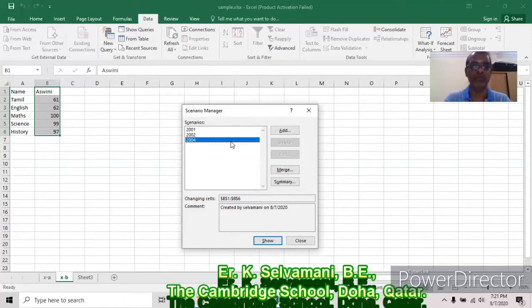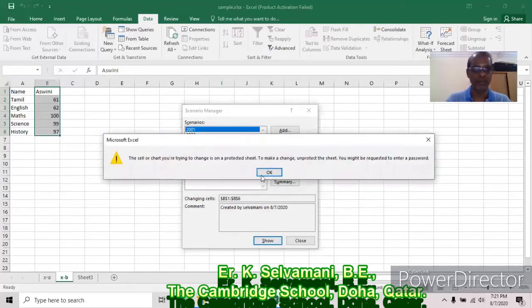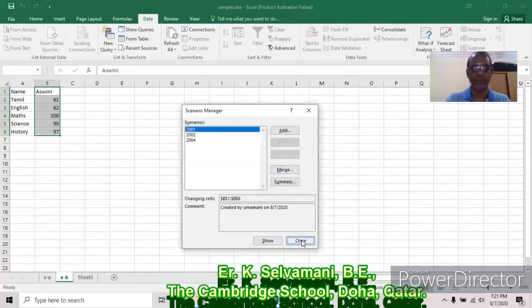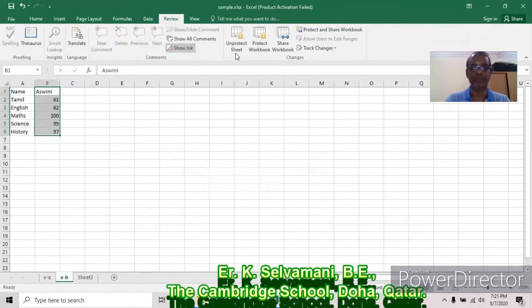That is hidden. Why? For 2003 we are giving hidden mode. So one thing I would like to inform you, prevent changes as well as hidden will be effective only if you protect the worksheet. If you do not protect the worksheet, you will not see any changes here. After selecting prevent changes as well as hidden, you have to go to review and protect workbook along with one password. So 2001 you can see already protected here. We have to unprotect it.